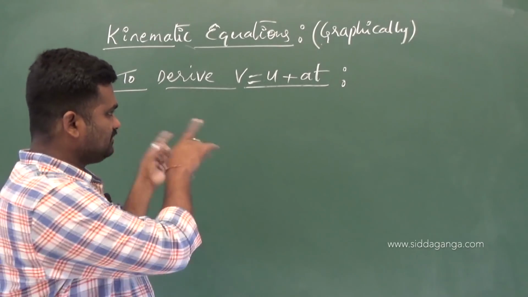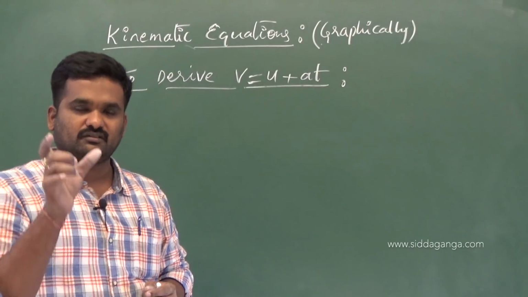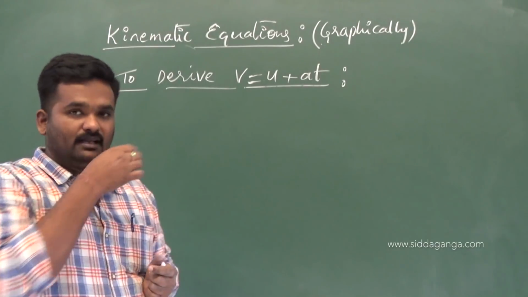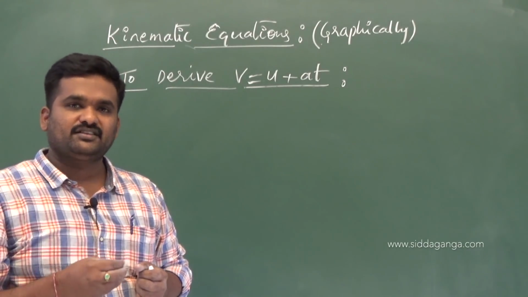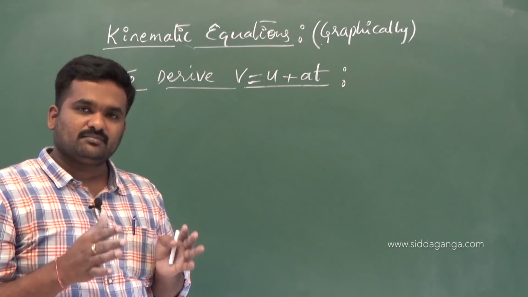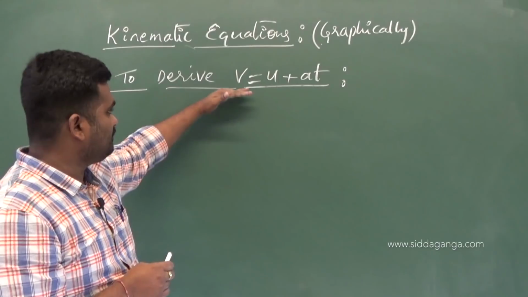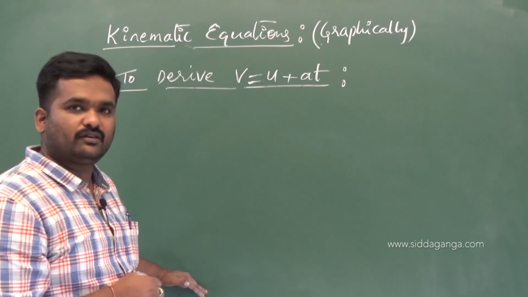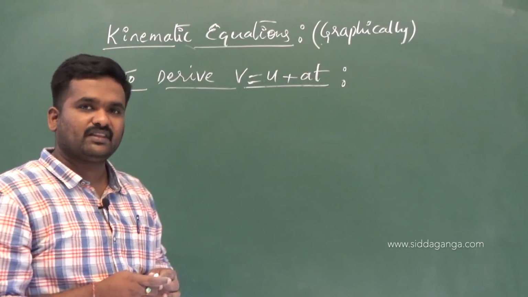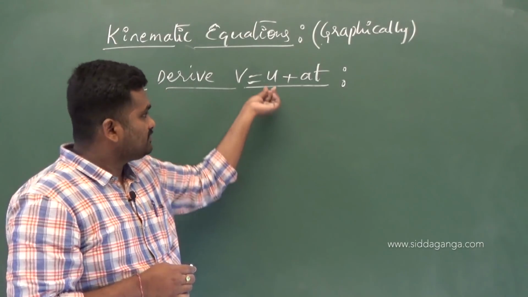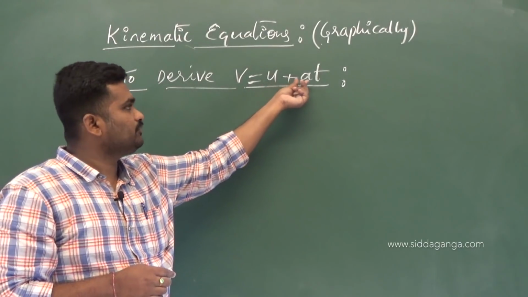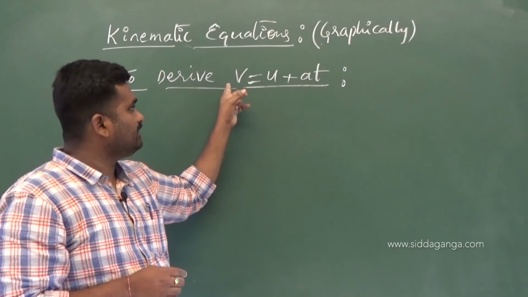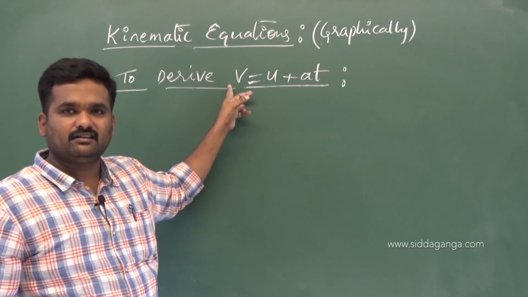If you want to make notes of the derivation completely after this class, you can do that for your part. Every time you write a derivation, definitely make some initial assumptions, 100% you have to make them. Then only the derivation will be valuable. I can't write each and everything here on the board now. I am recalling: I am going to consider a body which is starting with uniform velocity u and moving with uniform acceleration a, and it travelled for a time of t seconds such that it attained a velocity v. This terminology you can write, not a problem.